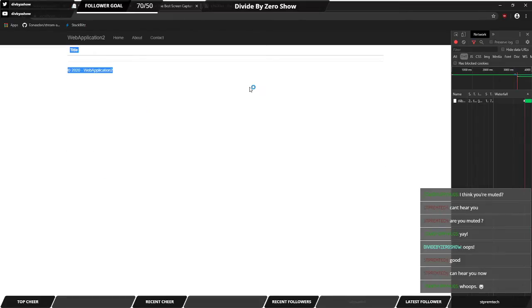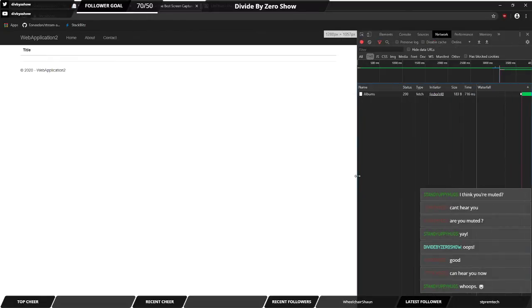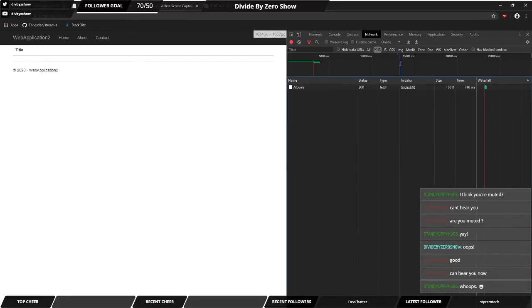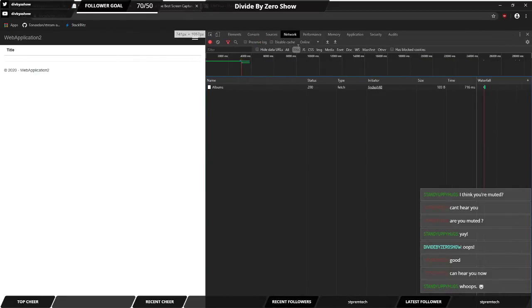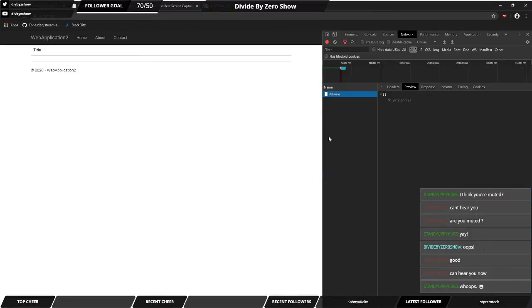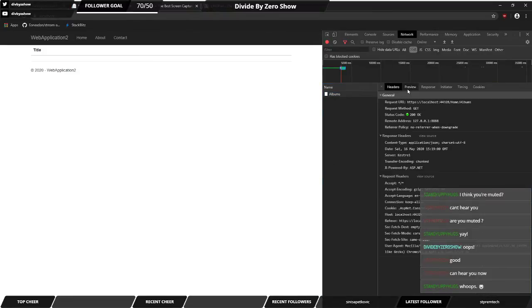Alright, so this is what I meant to show you, that there's nothing. You already see it working and probably saw why it was working, but let's pretend for a moment that you didn't. So if you're doing web development, probably what you would do is open the network tab in Chrome and look specifically at the Ajax requests. I already had XHR selected here, and you could see that what we got was nothing. So we sent a request to home/albums, which is where my fake API endpoint is,